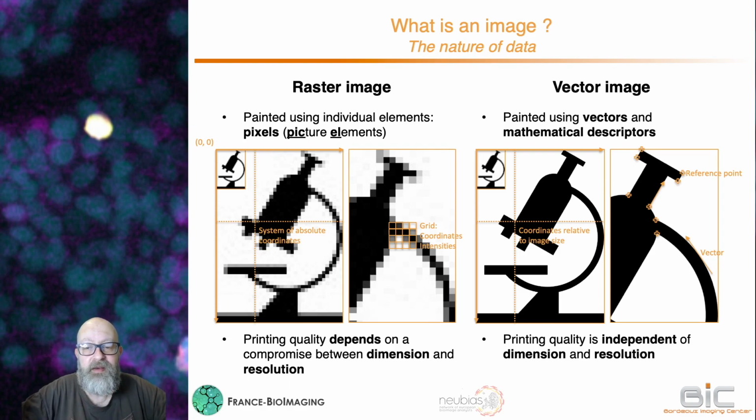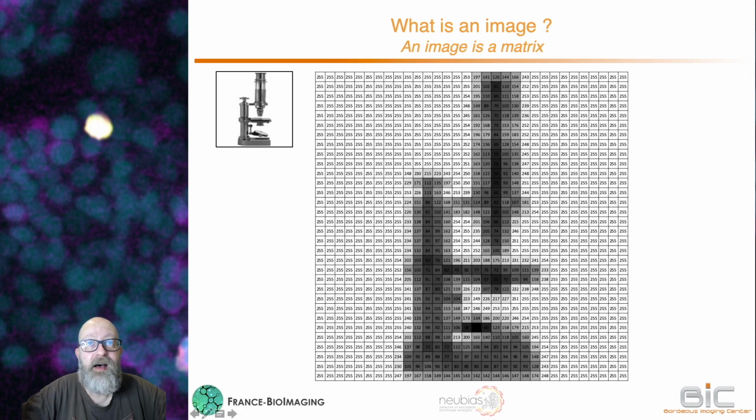Unfortunately, this is not the kind of images that we are accessing when dealing with microscopy. So we are dealing with raster images that might be considered as this kind of stuff here. You've got an image on the top left, and you've got here on the side a grid. This could be an Excel spreadsheet as well, where each block, each cell of this grid